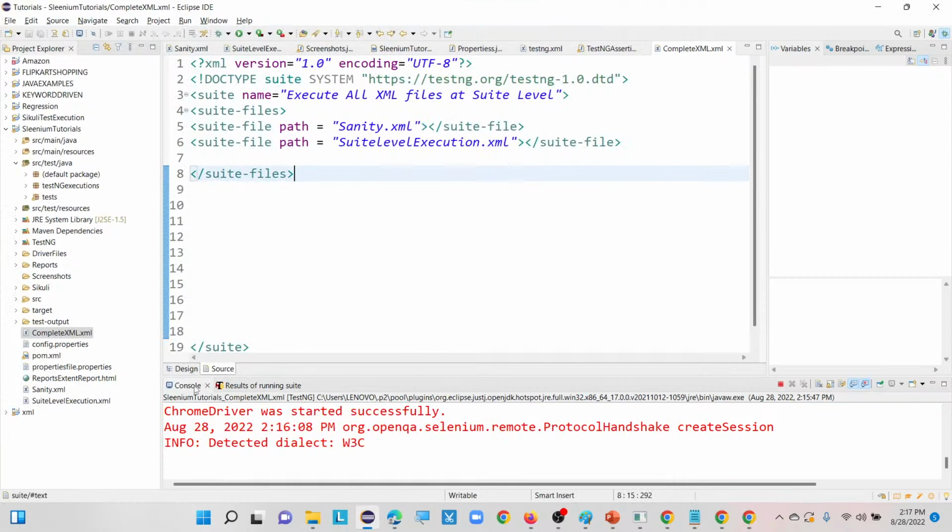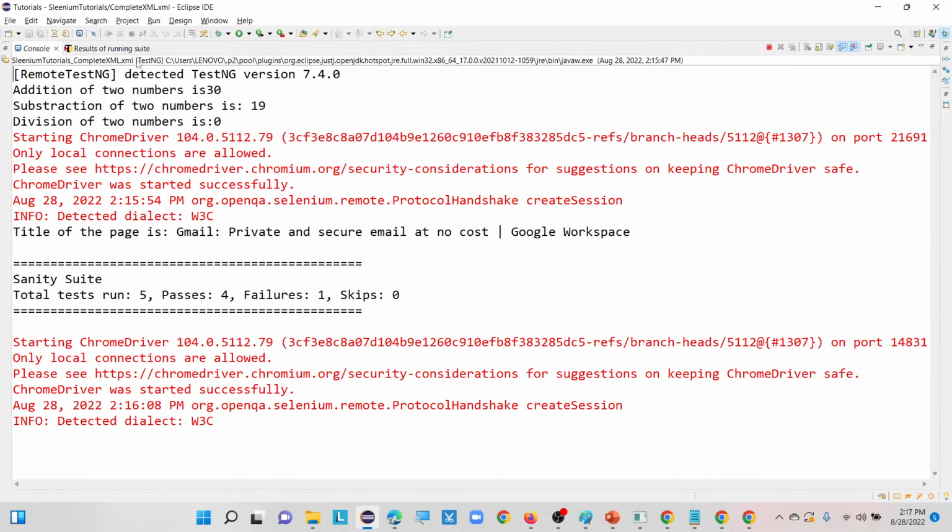I don't know, there is some issue with the Orange HRM application, so that's why it is taking more time. Okay, but the remaining ones are all working fine. Meanwhile, I will show you the results here. If you go to the console, you can see here,